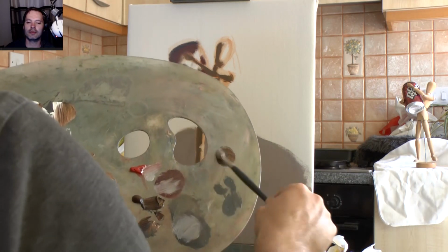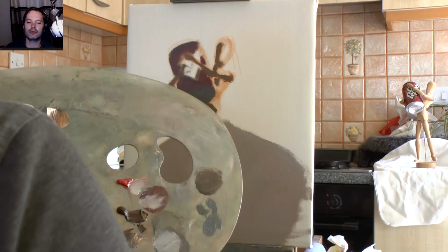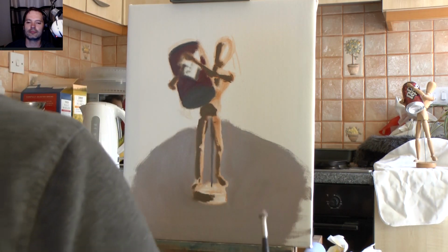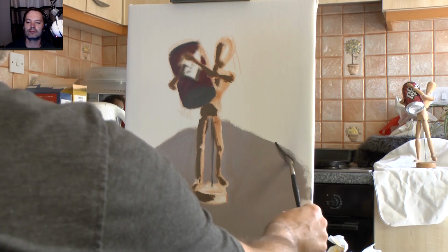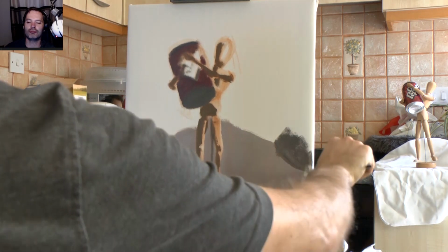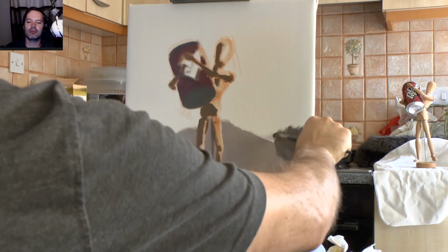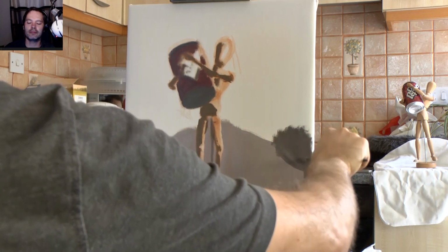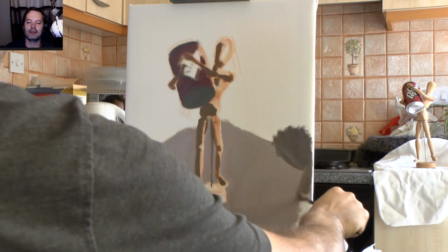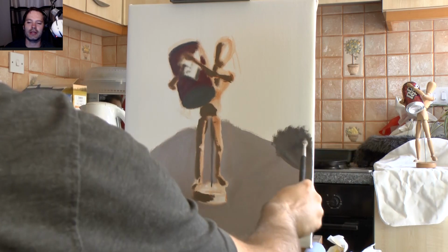Grabbing a bit of brown, a bit of blue, ultramarine blue. It's burnt umber, ultramarine blue. I'm thinking, I've got this sort of rugby looking thing. It's actually a hairy piece of material that I bought. I can't remember why I bought it. I think it was to make a costume. Well, I'm using that as a backdrop sometimes, and you can see it behind the